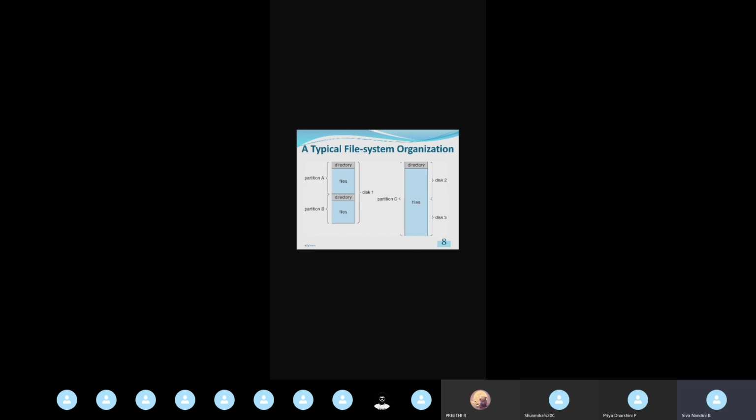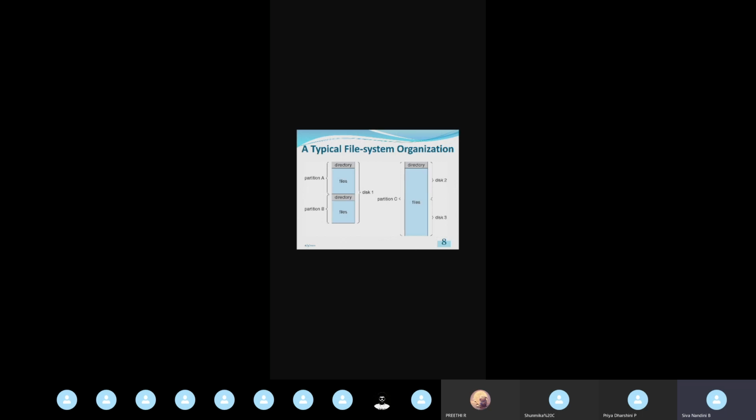Depending upon our file size, we will either split the disk storage or combine the disk storage.